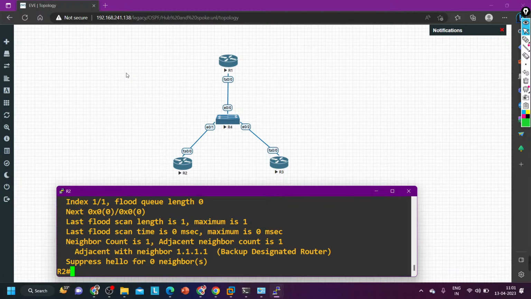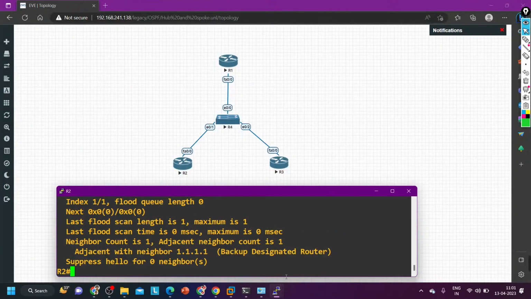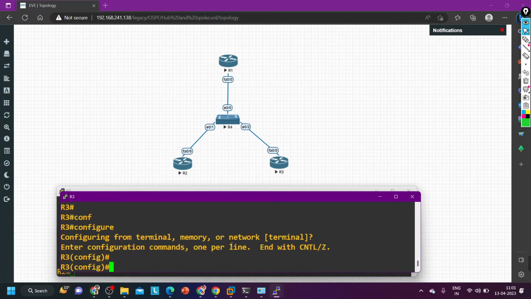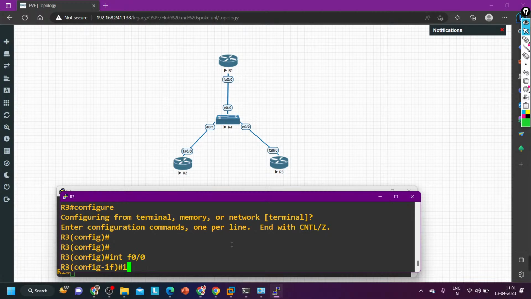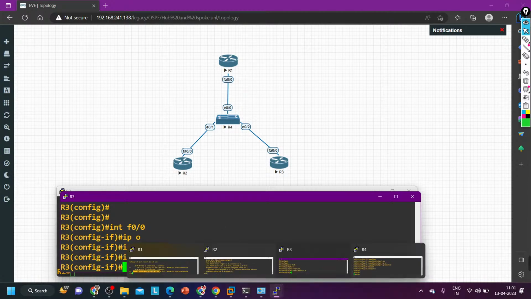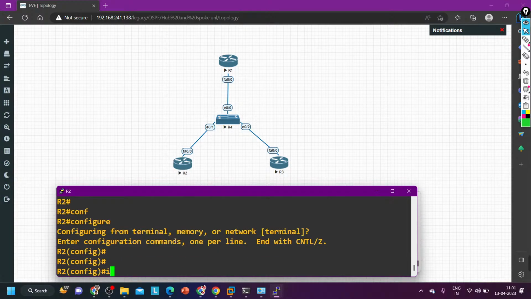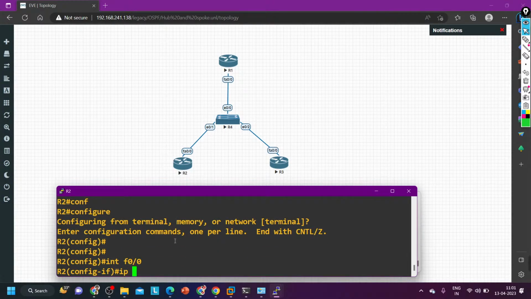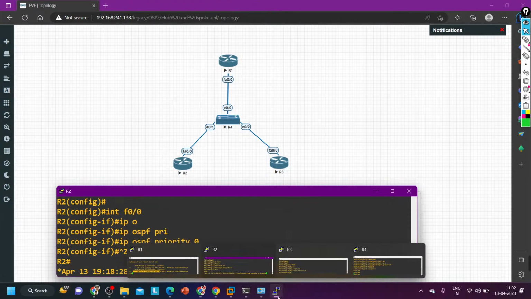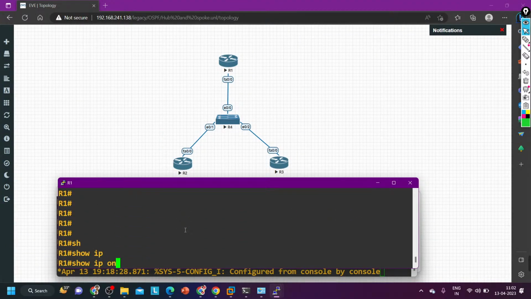Okay. And R1, sir? If R1 also becomes DR, then there will be no problem. See, on router number 3, what am I going to do? Interface F0/0, IP OSPF priority 0. On router number 2 also I am going to set priority what? 0. Interface F0/0, IP OSPF priority 0. Now which router will become DR? R1. And now if you check, show IP OSPF neighbor,